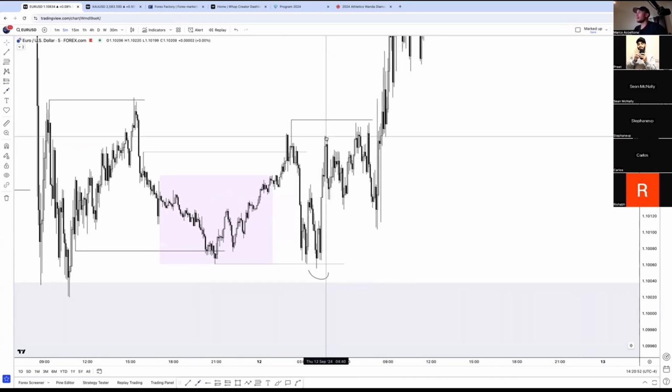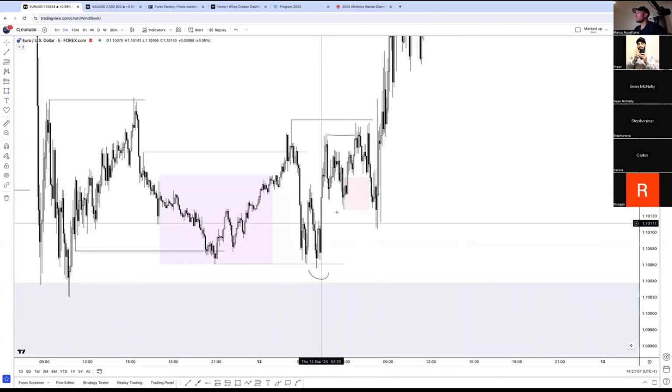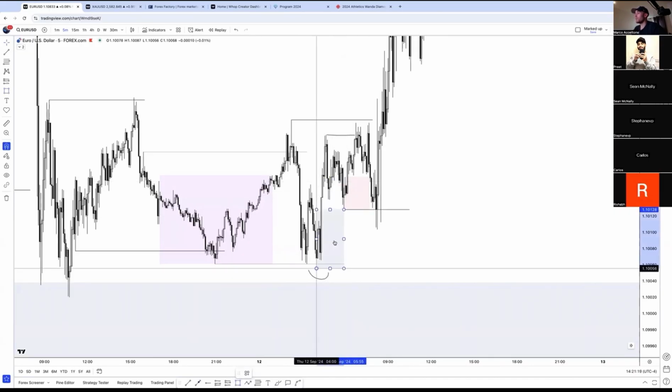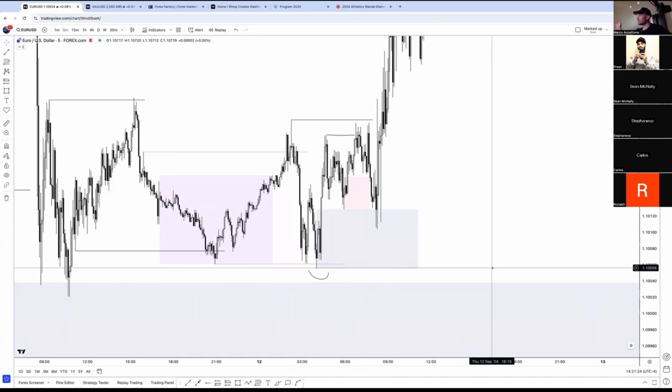Price comes to the high, respects it, moves away. Okay? Comes to the high again, taking out the previous high. Why is that important? Because we've now induced buyers. So this is going to be a trap. We want to see price below this low. Once price is below this low, we are now essentially trading in with a liquidity block. So this whole area now becomes a valid buy, just like we spoke about before. This whole area here is a valid buy, anywhere within this blue box. Understood?